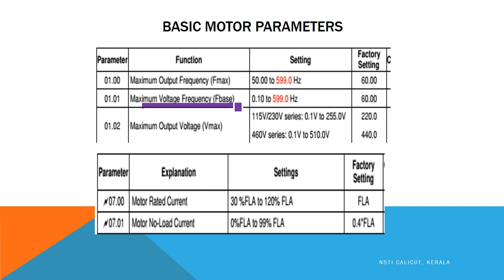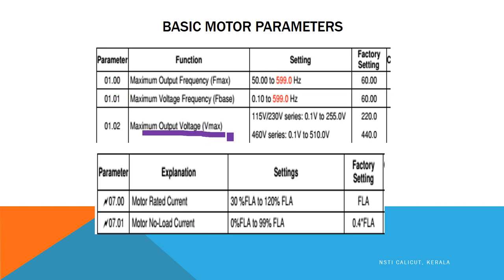Whatever the operating voltage may be, let us say for a three-phase machine, it will be 415 volts. Or say for a single phase machine, it will be 239 or 240 volts. At that voltage, we should get the maximum frequency. So that is being specified here. At the maximum voltage, the maximum frequency possible should be specified here. In India, again, it should be 50 Hz. So parameters 01.00 and 01.01 you will be setting as 50 Hz in the Delta VFD.